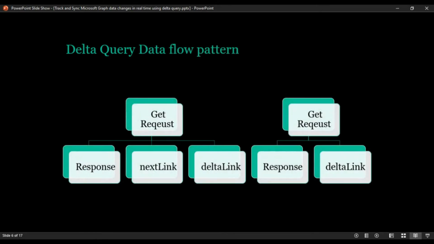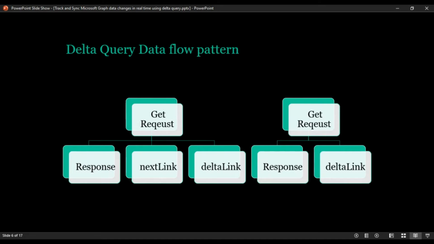So this is how the data flow will be. As I said, this delta query is all a get request. In the current scenario, we make a get request, either to the users endpoint to get the users from the Microsoft Graph, or to get group related information, or whatever.